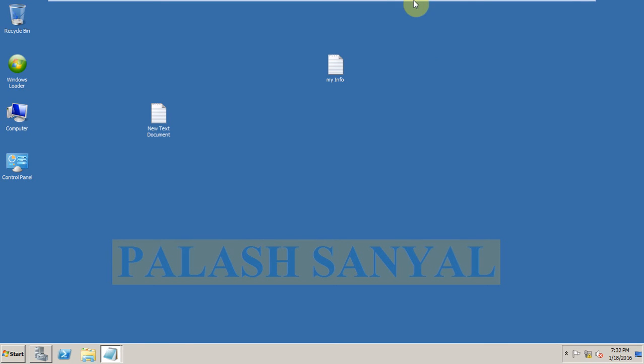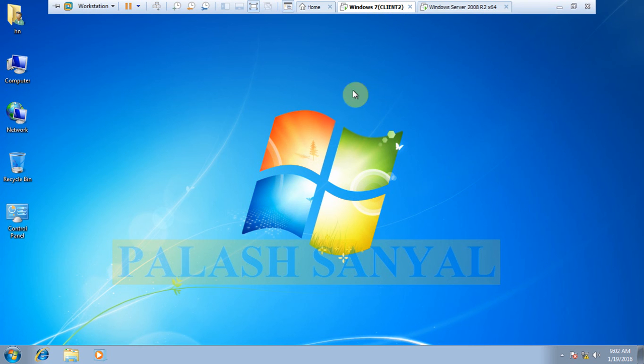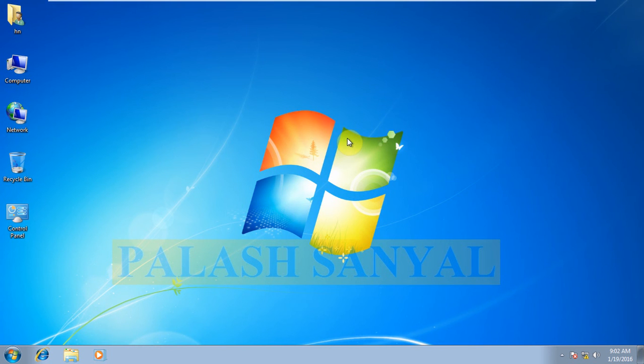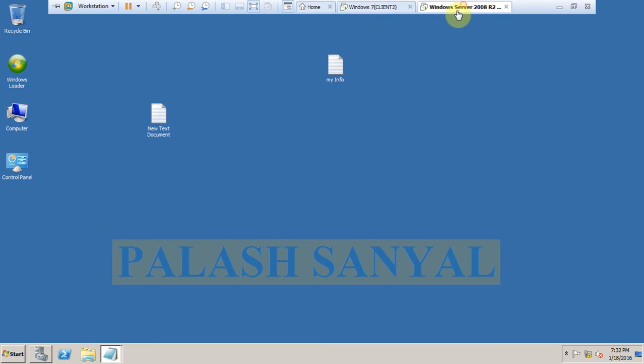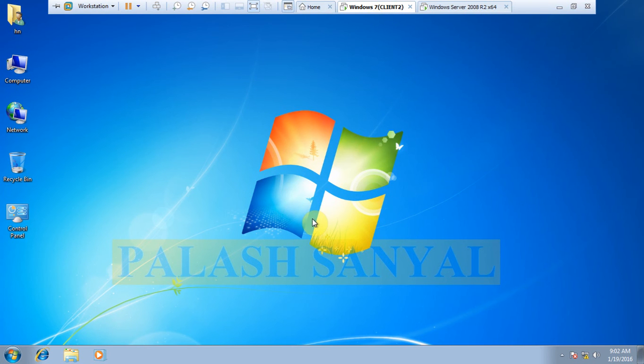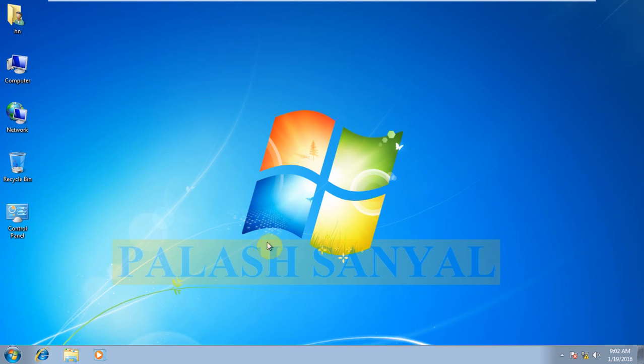Then we go to Windows 7. Windows 7 is a client machine, and there is a server running Windows Server 2008. Here we install the Telnet client.